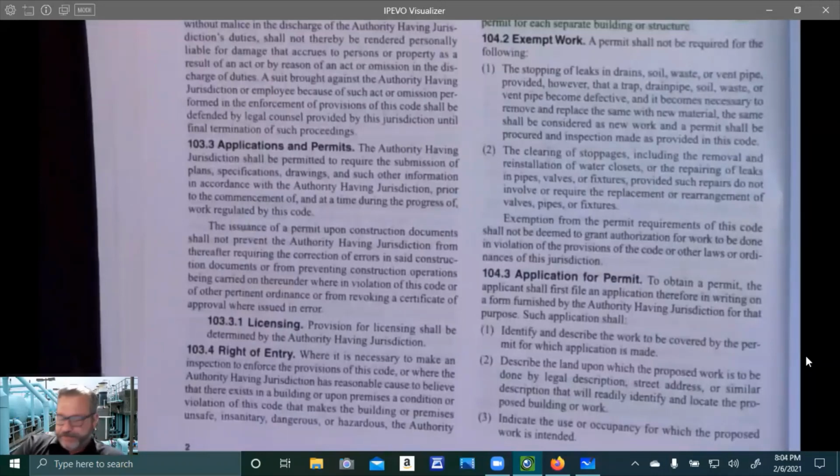Right of entry. I really like this one. This is a good one. I'd love to see this happen. Okay. Where it is necessary to make an inspection to enforce the provisions of this code or where the authority